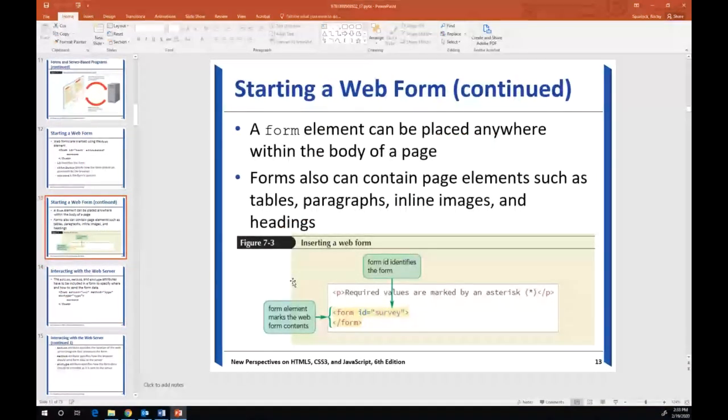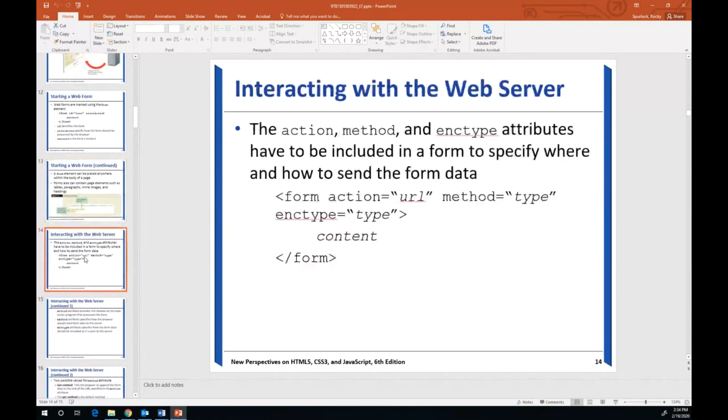Now, a form element can be placed anywhere within the body of the page. They can also contain page elements such as tables, paragraphs, inline images, and headings. So we've got a form element here. We're going to name this form survey. We have some action and method